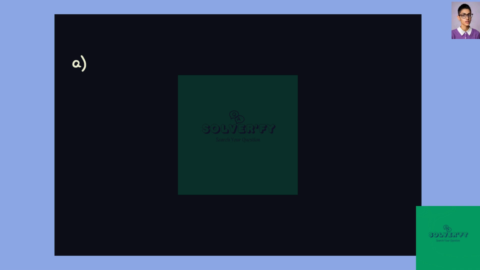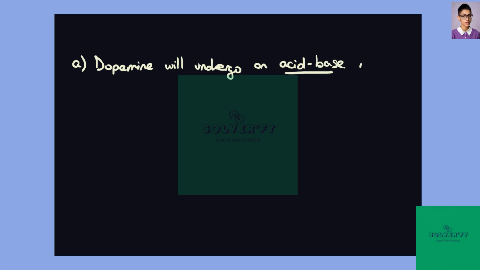For part A, let's predict the type of reaction that dopamine is most likely to undergo in water. Dopamine will undergo an acid-base reaction in water